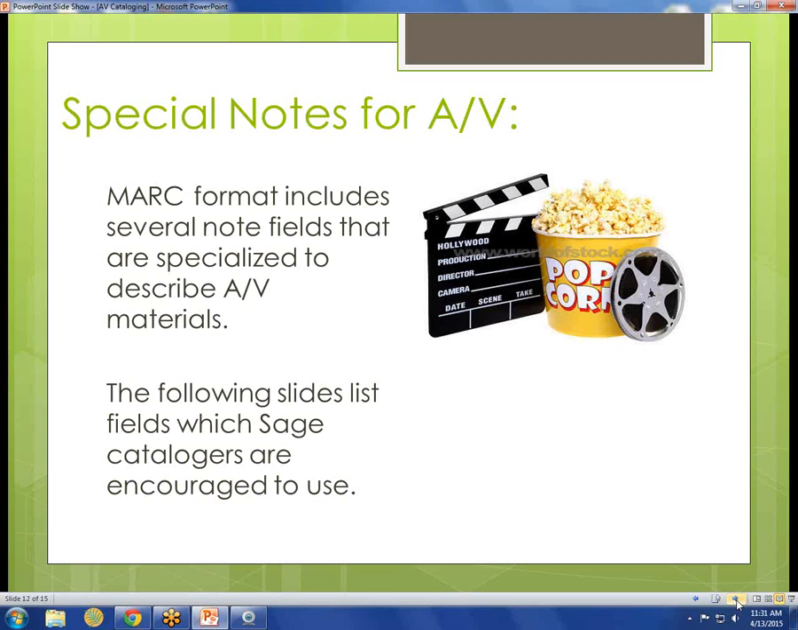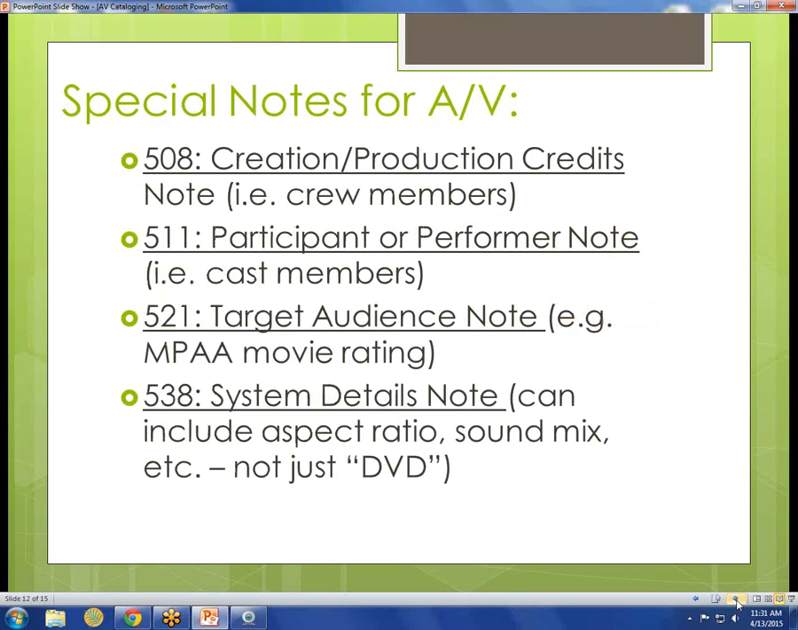I've said this many times, but again, WorldCat is a great source for cataloging information. Even though it doesn't have the MARC formatting, it tells you what to put in the different MARC fields. So let's take a look at some of these here. For instance, 508 and 511, this is where you can list 511 is for cast members, 508 is for crew, for instance, producer, director, soundtrack composer. You've seen all of that